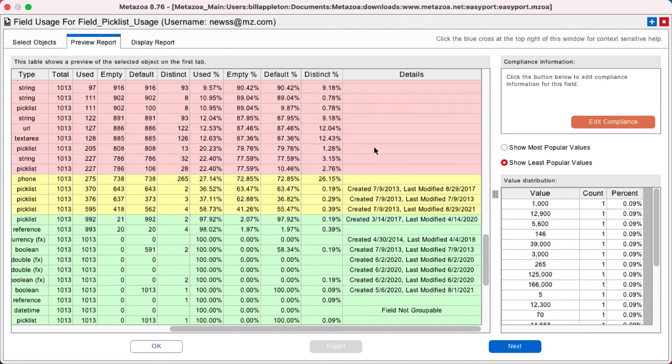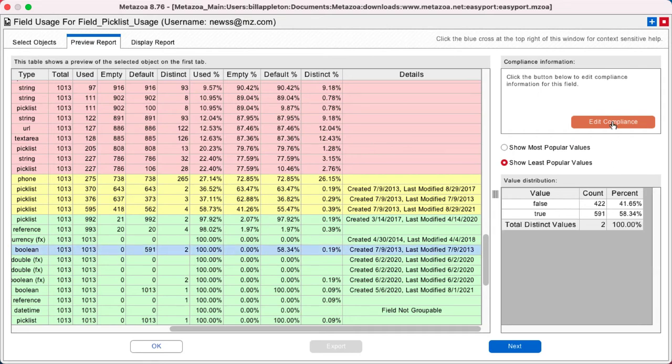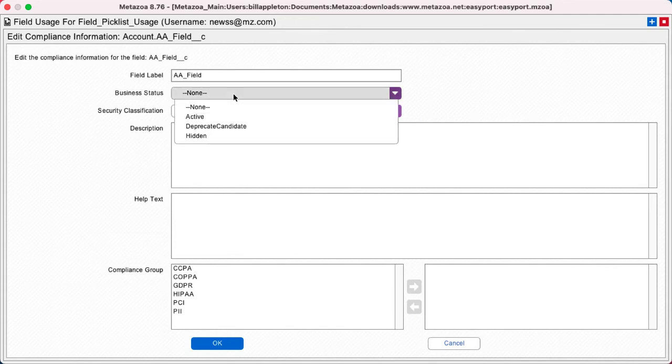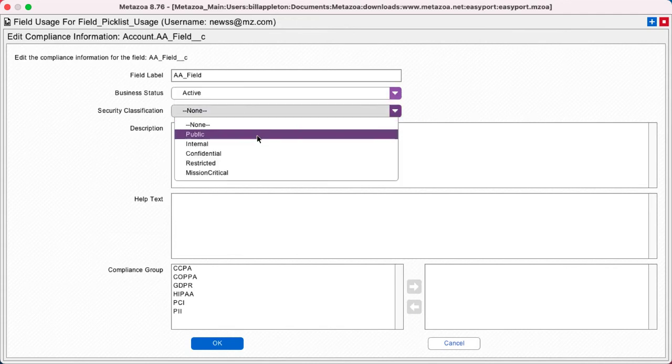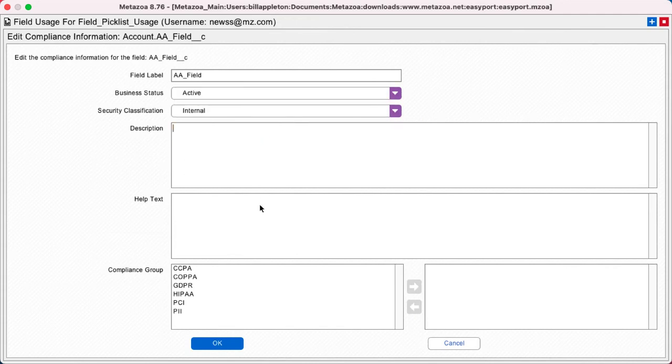When you find a field that has low usage, you can edit the compliance information over here at right. The compliance information will let you set the business status, the security classification, the description, the help text, and the compliance group information right here from inside the report. Your team can use this information to keep track of the usage and the status of all of your different